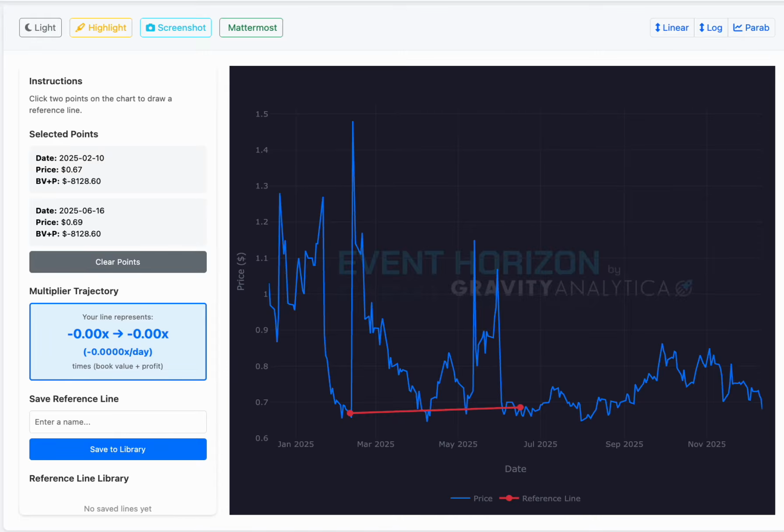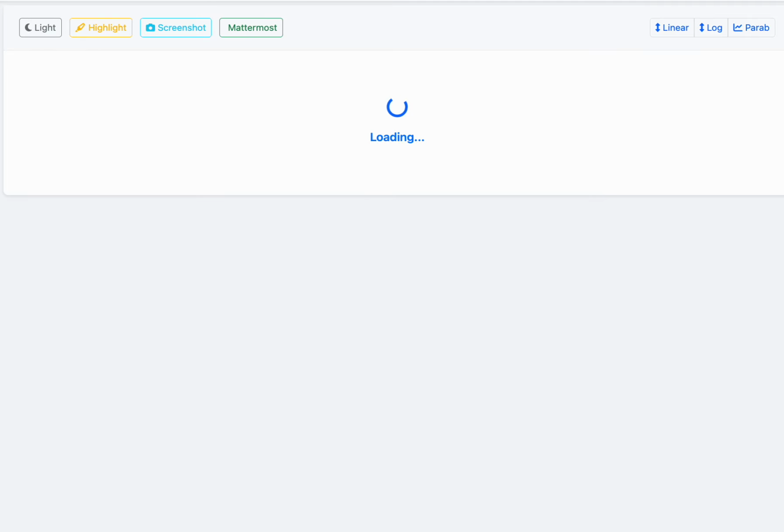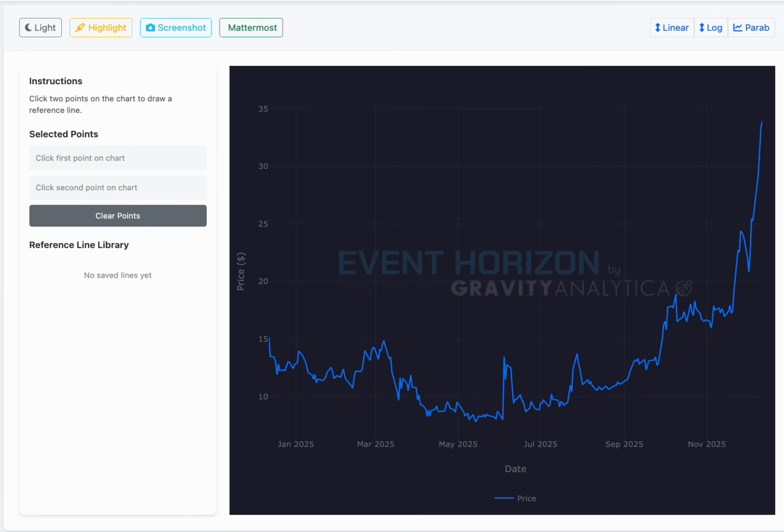So let's look at an example of one that's already moved. This stock is LYEL, which we own. Obviously the stock has made its run. It's up from $8 to $34, so it's up 400%. Mathematically, this is what you would draw as a curve. But the problem is that when you're in the middle of this move, you don't actually see the curve set up. All you're going to see is the stock continuing to go down.